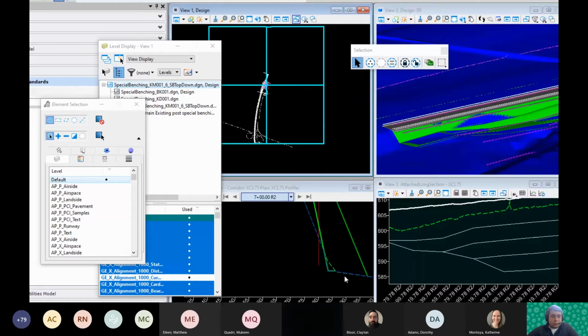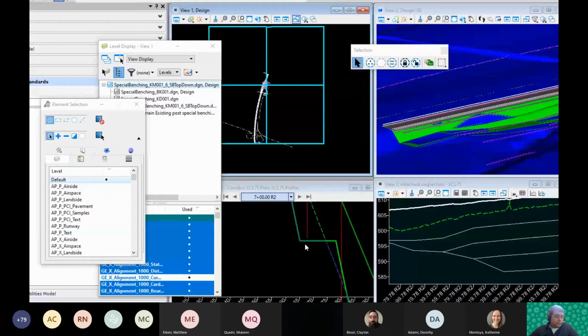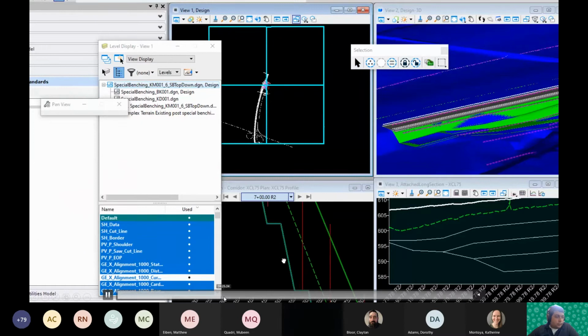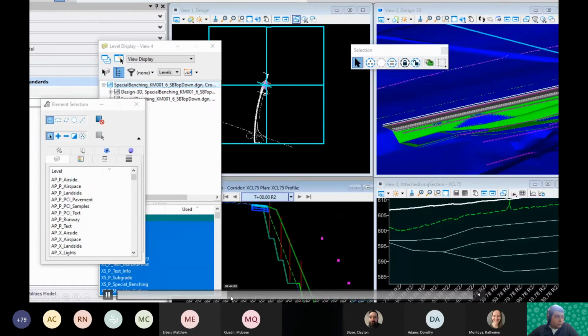And so really we don't need our benching template anymore, right? We have a surface that represents that will show up on our cross section. So for the time being, while we generate our quantities, let's just turn off the benching. And so I made that easy to do. So if we jump over to our template,